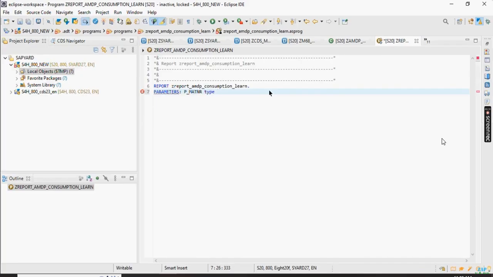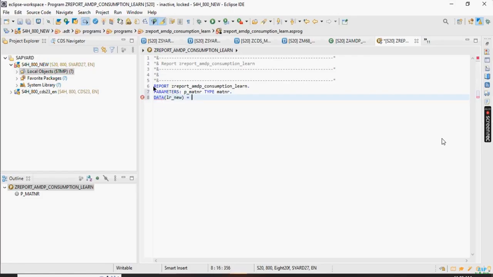because I have to pass a material number. P Matner, type your Matner. Okay. Now, how do I create an instance of my AMDP class? Answer please first. Let me recall how far do you remember. What syntax do I need to write here? Yes, right. So can I use inline declaration? Yes or no? Can I use inline declaration to instantiate? Yes. Okay, right. So data